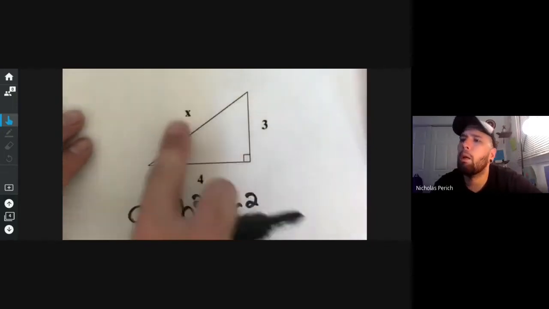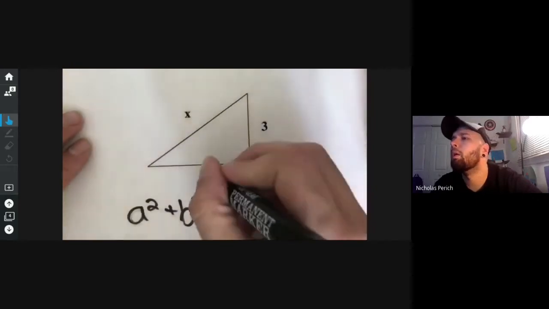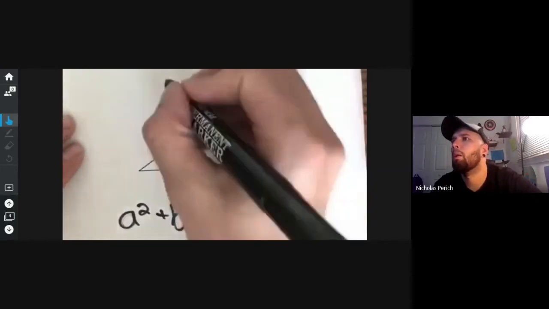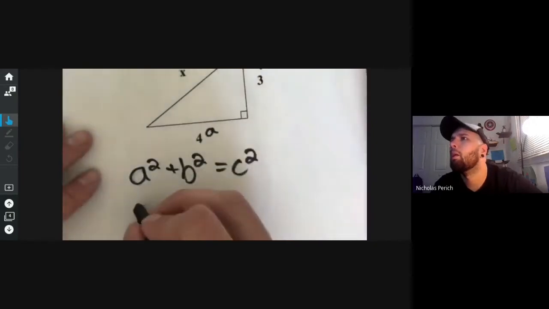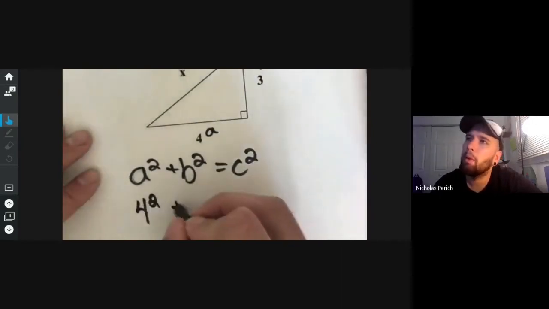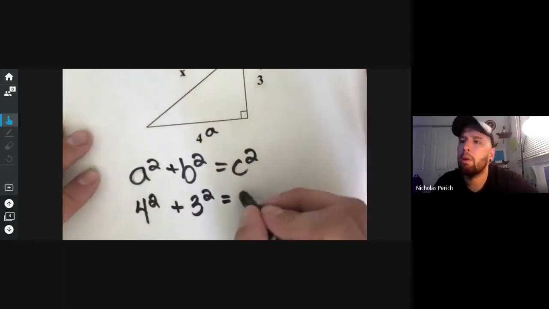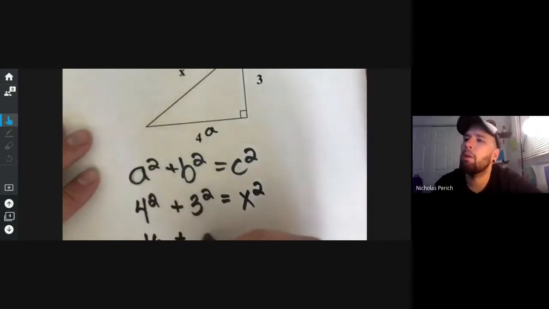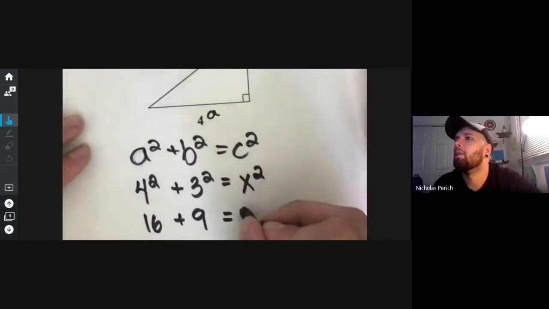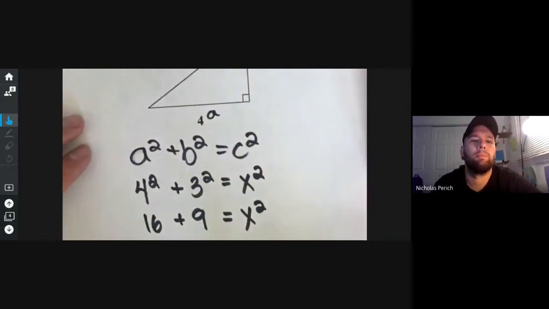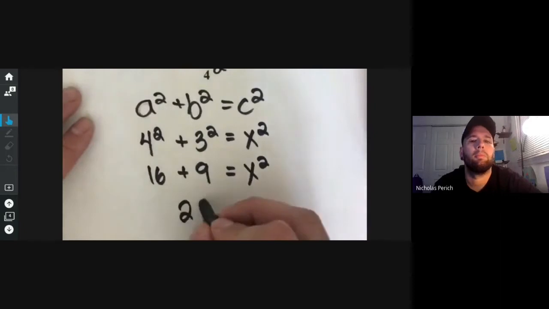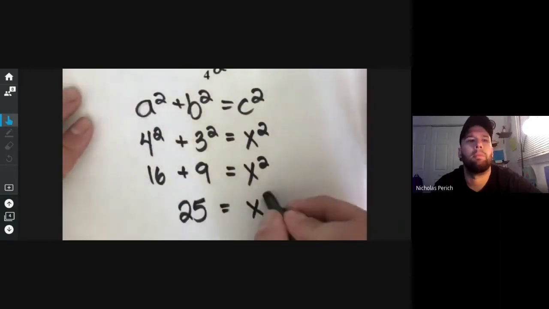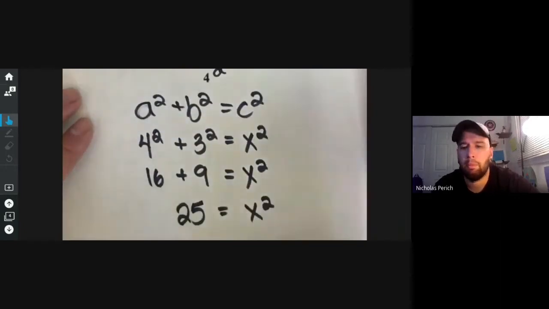Pythagorean theorem is this formula right here, which is used to find the missing sides of right triangles. Okay? C always represents the hypotenuse, also known as the longest side. So I can call you A, I can call you B, but I have to call you C. So I have 4 squared plus 3 squared equals x squared. 4 squared is 16, 3 squared is 9, x squared is x squared, 16 plus 9 is 25, 25 equals